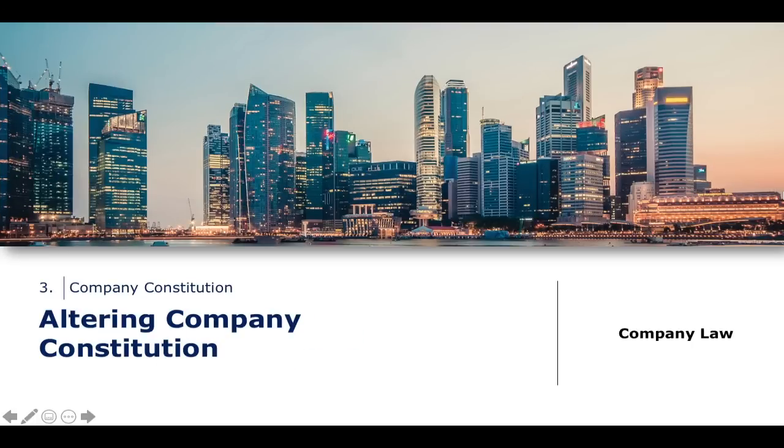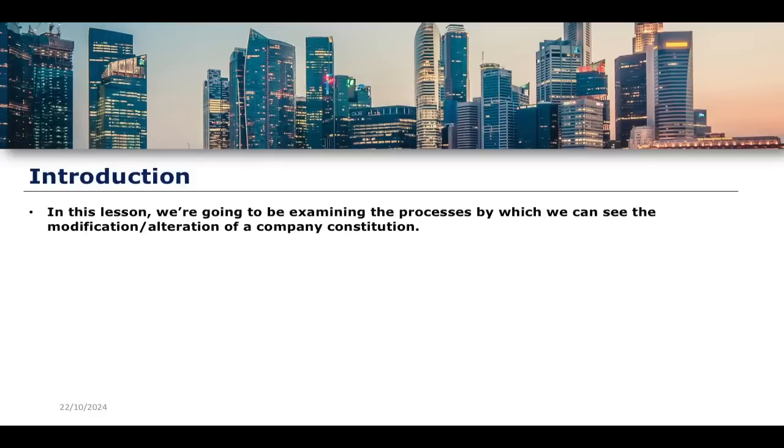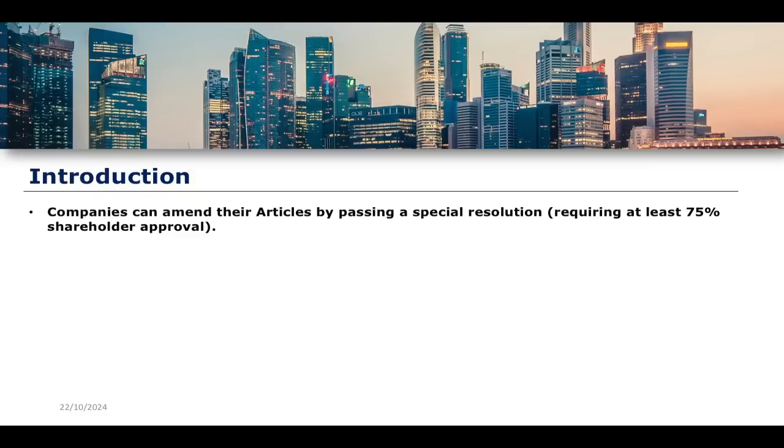In this lesson, what we're going to do is spend some time talking about the ways in which a company constitution can be altered, the way it can be changed, the way it can be reformed in a way that can essentially allow for, as I mentioned, alterations here, or modifications could be another way in which we define it. There are various processes by which this can be done and take place. This lesson is going to talk about a few of them.